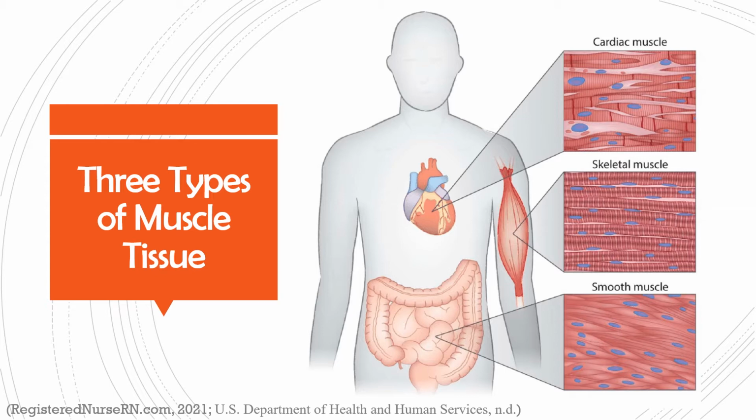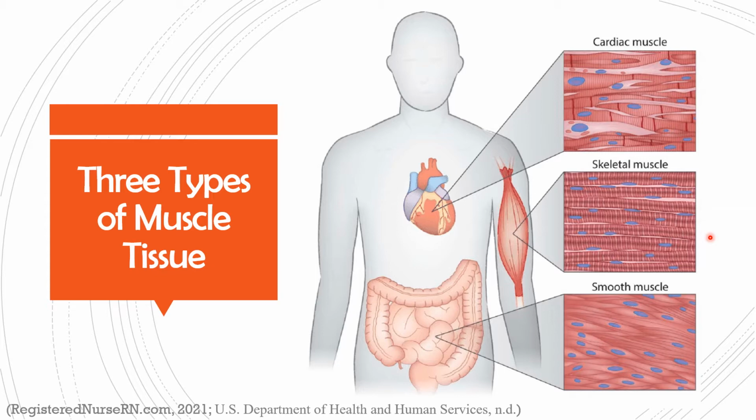Its basic unit is the muscle fiber with many nuclei, as you can see in these pictures. Let me use my handy dandy laser pointer. We're looking at the middle picture here, talking about skeletal muscle. And these muscles are also striated, and you can see that because of the stripes going vertically up and down, that dark pattern, light pattern variation. And it acts independently from the neighboring muscles. So if you want to move a certain muscle, your brain tells that muscle to move, which is why it's under